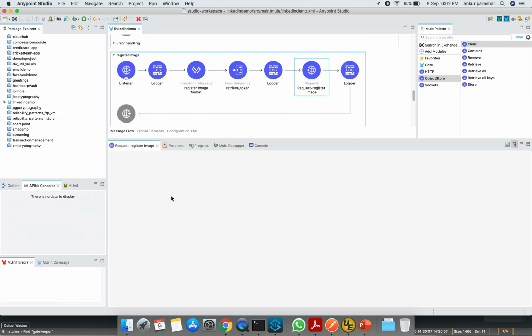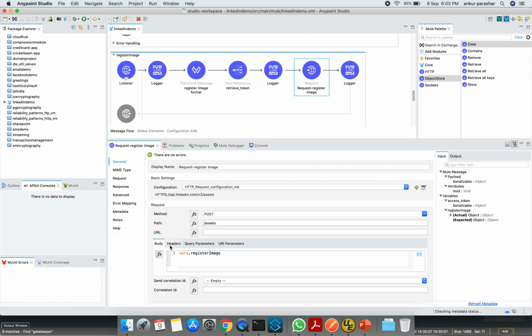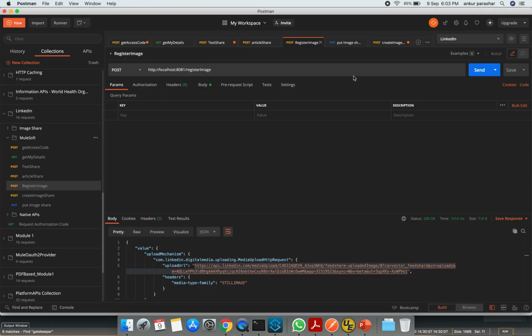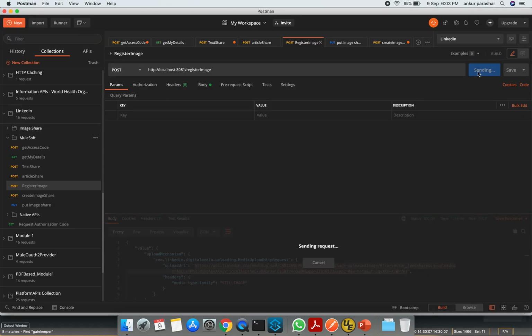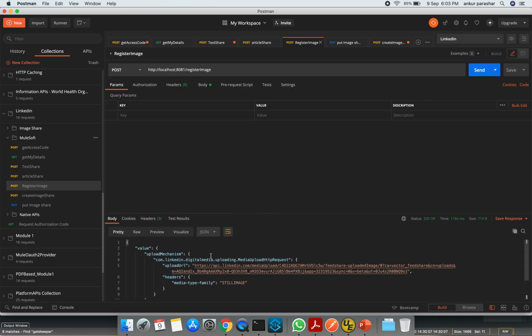Now the headers will require the authorization, and that's pretty much it. After that, we are going to log the payload as well. So let's try the register image. I will click on the send button, and I will copy this particular URL.